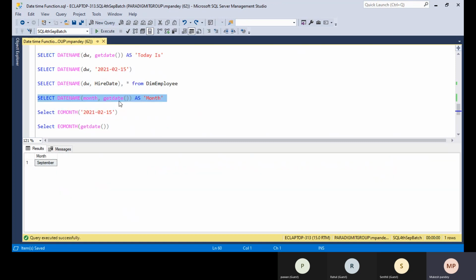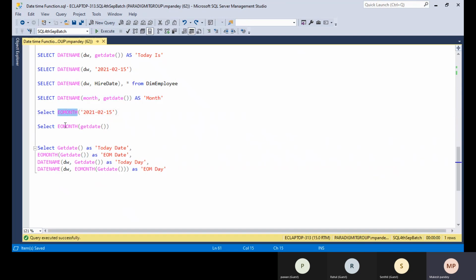One more function available is EOMONTH. The EOMONTH function is basically used to print the last day of the month. For example, September ends on the 30th, but October ends on the 31st.